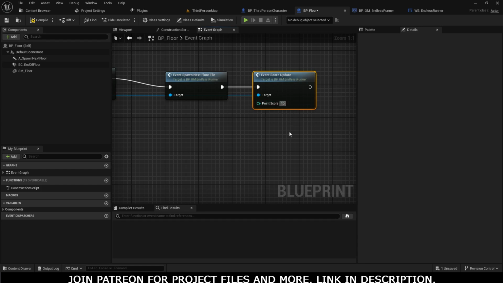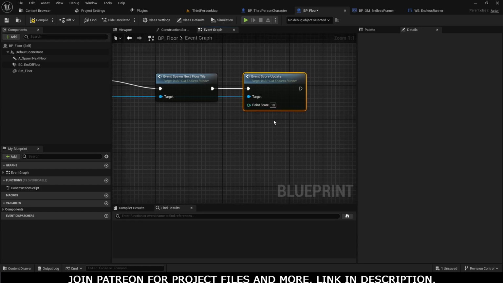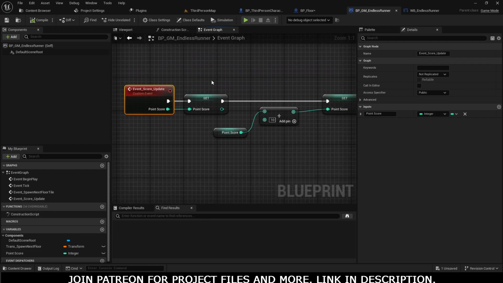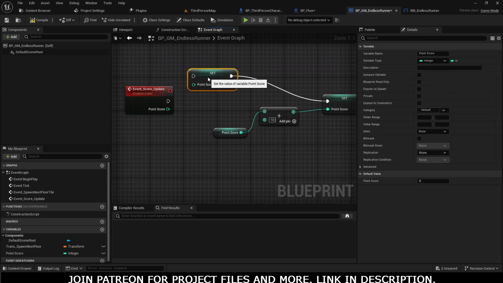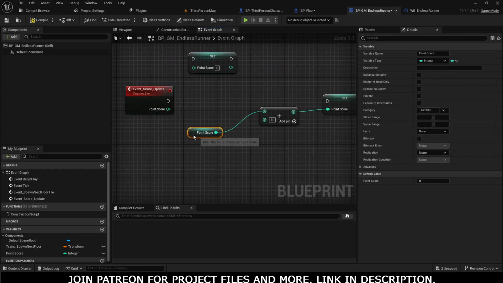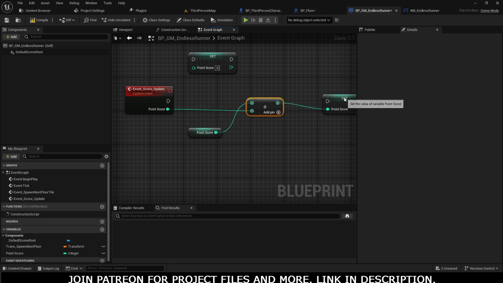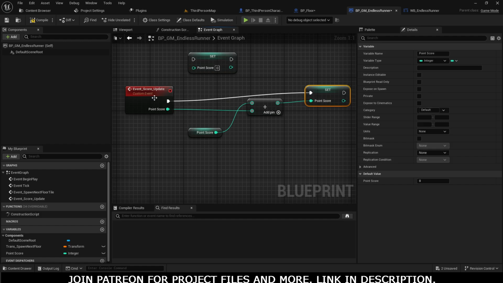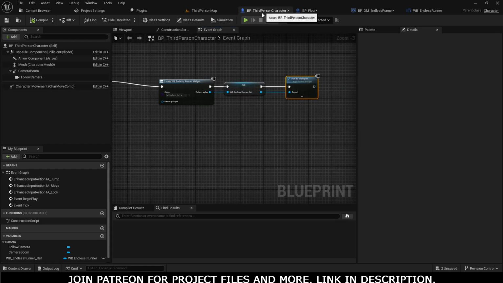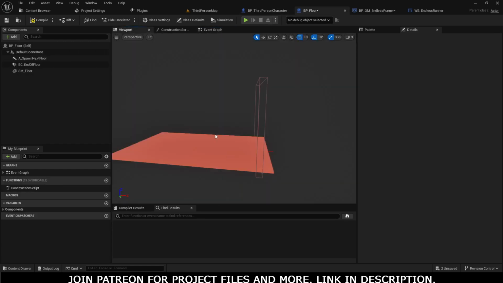Write 10 here, and I did a little mistake. Write 10 here, and after that, don't do this. Simply add there. So yes, that's fine. So our character is running on the floor, and whenever it overlaps with that collision box,